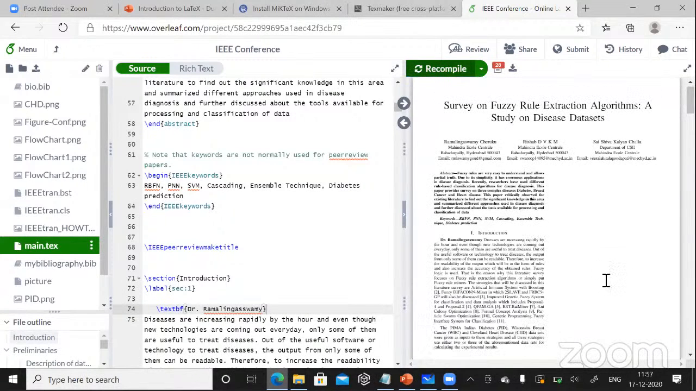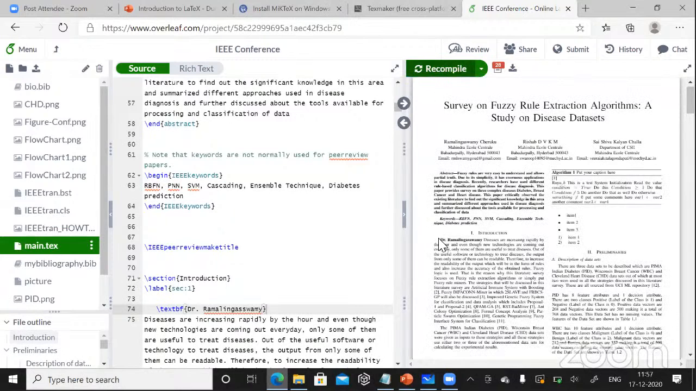I recompiled. If you see this, if you look, Dr. Ramalingaswamy, this particular text is highlighted in bold font. Okay, so that is the purpose of this \textbf. And if you want to use